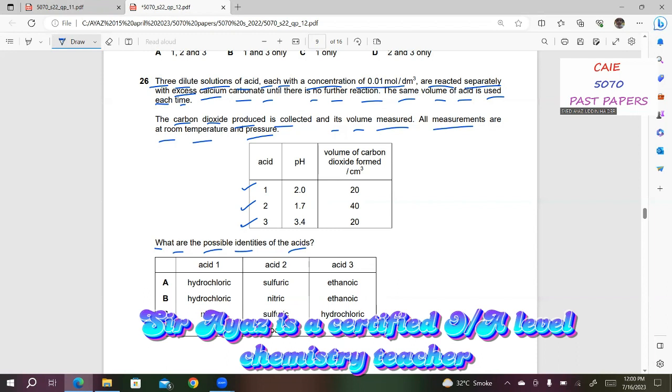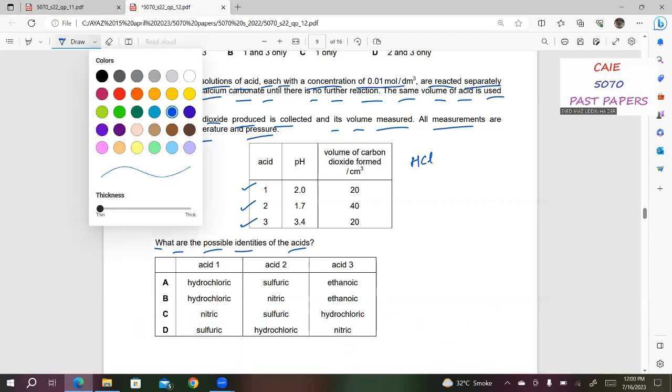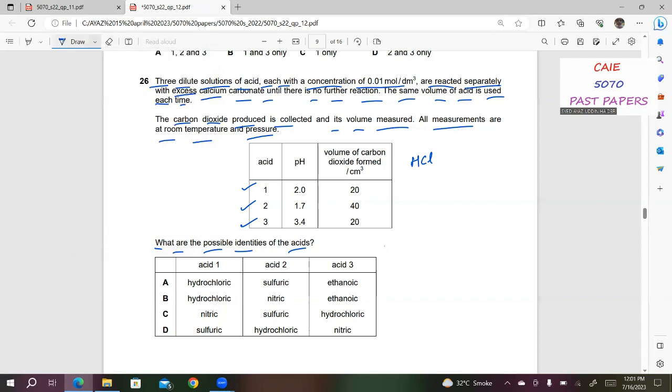Look at the choices. In the choices, we have hydrochloric acid, HCl. We have sulfuric acid, H2SO4. We have ethanoic acid, CH3COOH. And we have nitric acid, which is HNO3. We have 4 different acids. And if you look at the pH value,